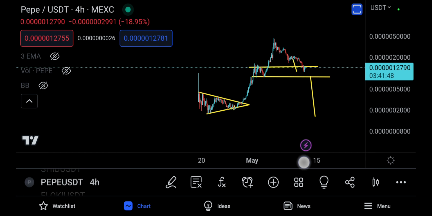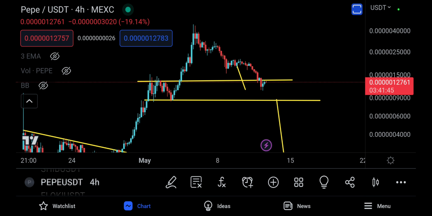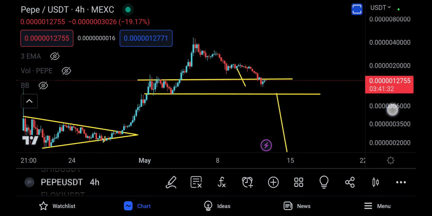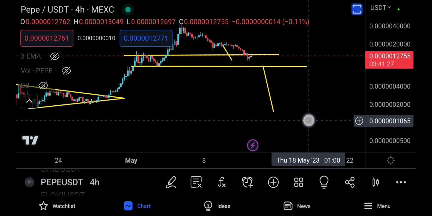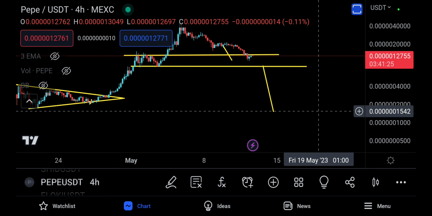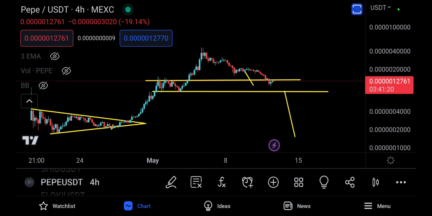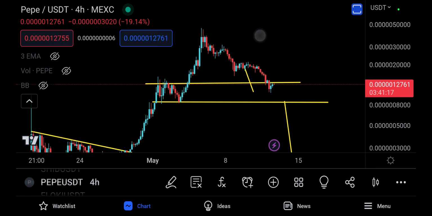If Bitcoin has an effect on Pepe and Bitcoin drops to 24,100, it's going to take altcoins to the downside as well. In that scenario, you come down, you lose it, you backtest, and you're going to be on a very big drop and a very big technical target all the way down here. So this is going to be taking you all the way down to 1,542. That's scary, I understand, but it is what it is, because you're going to be doing something like this. You come down here, you move up just a little bit like that, and then you go down, lose this, and then boom, all the way to the downside.